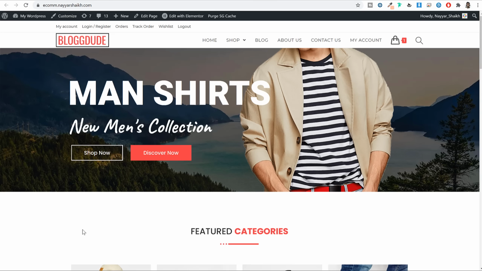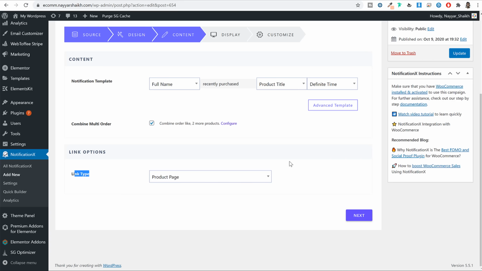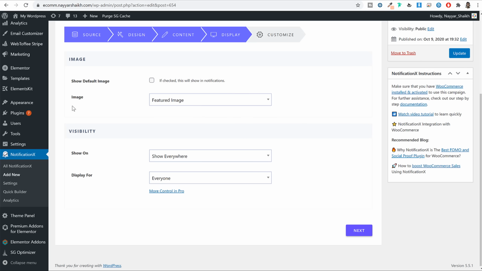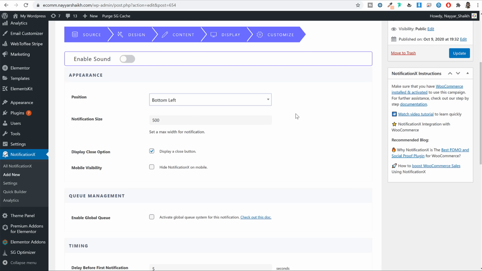Now, whenever someone clicks on this, so if a person comes over here, they see this, when they click on this, normally they are redirected to the product page. If you want, you can change this. You can make it none, or in the premium version, you can also make some changes to the link. Now, if you go to display, again, you can change this. Where do you want to display this? And after that, you will see the final option, this customize option.